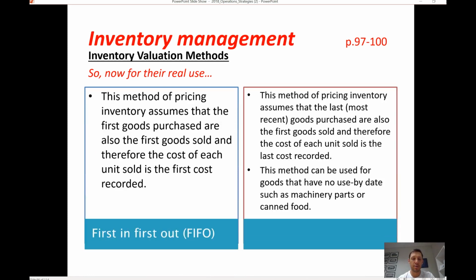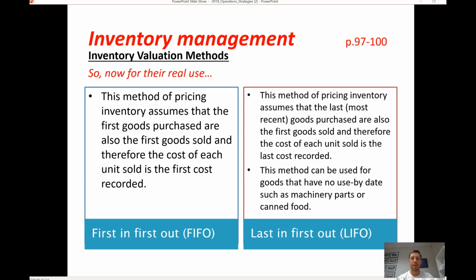Okay, so in a nutshell, you've got two instances of inventory valuation. Number one, FIFO on the left. That's the method of pricing inventory, assuming that the first goods purchased are the first goods sold, and therefore the cost of each unit sold is the first cost recorded. Whereas LIFO, last in, first out, is the method of pricing inventory that assumes that the last or the most recently purchased inventory is the first goods to be sold, and therefore the cost of each unit is the last